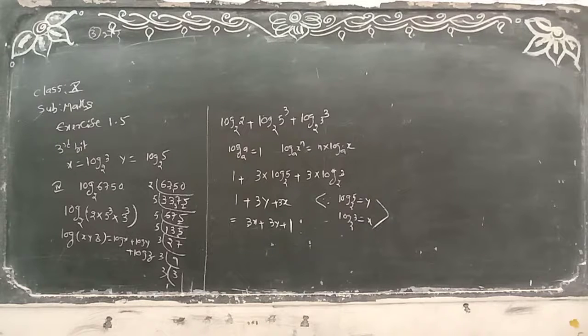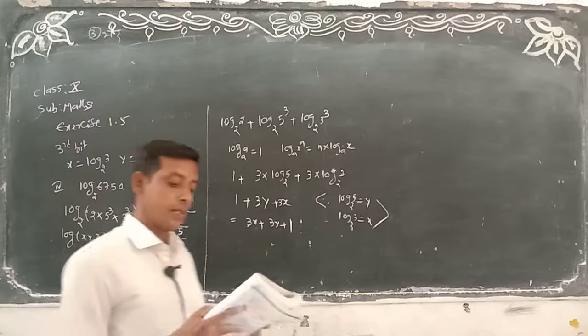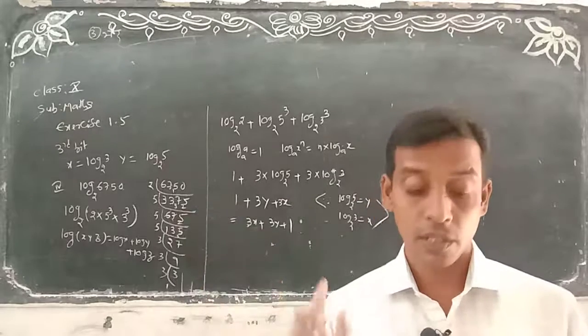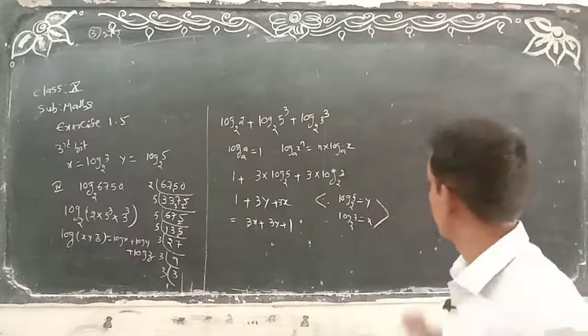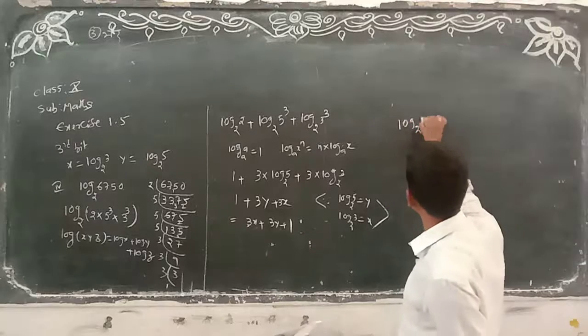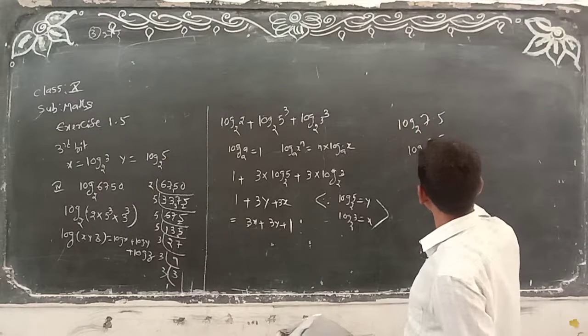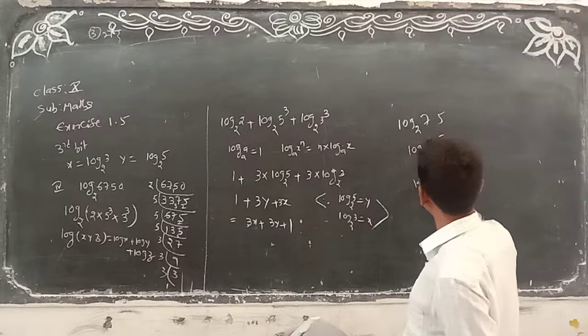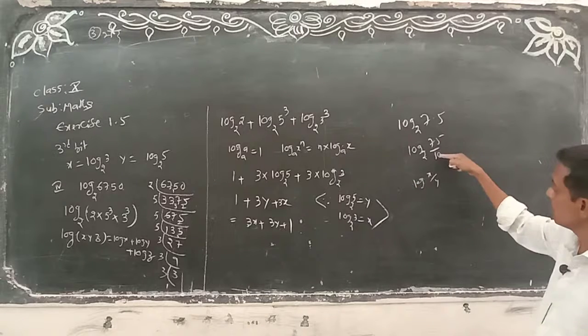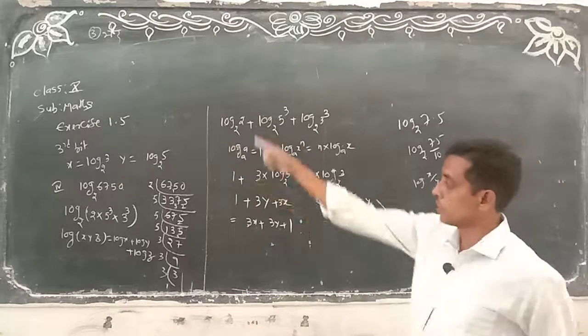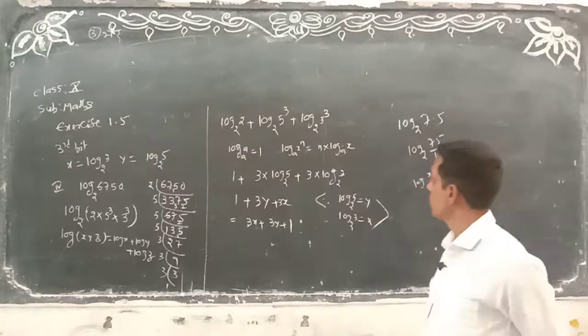Is it clear? So the third bit, you have to do all the remaining parts of the problem. First log base 2 of 15: log 3 into 5. That is the clue I am giving. Log base 2 of 7.5. Sir, how do we do this problem 7.5? It's simple here. Log base 2 of 75 by 10, then apply the x by y formula. You will get it; then do the factorization of 75 and 10 separately. Next, log base 2 of 60, same factorization.